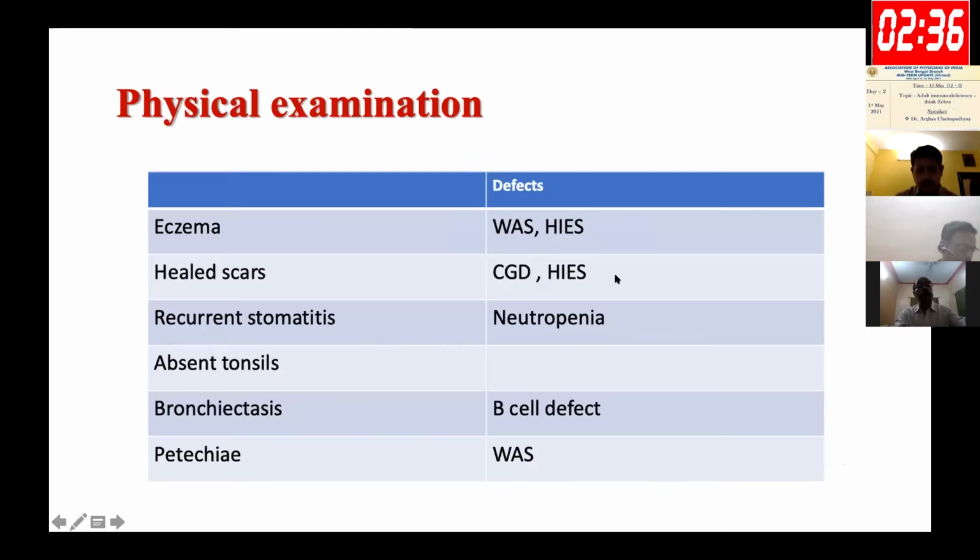Physical examination also can give you some clues. Like in late onset bronchiectasis, we often encounter adult patients with bronchiectasis. We don't know what is the cause behind. The patient has a repeated history of cough with productive sputum, and we are giving repeated courses of antibiotics. We don't know whether possibly we are dealing with a primary immune deficiency disorder, that is CVID, which can present with bronchiectasis.